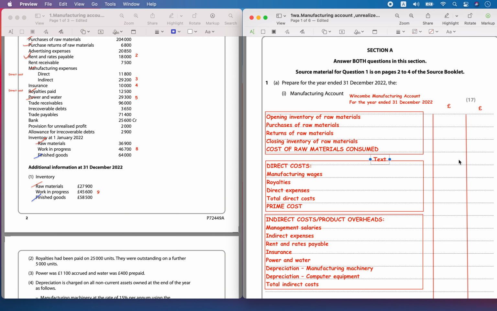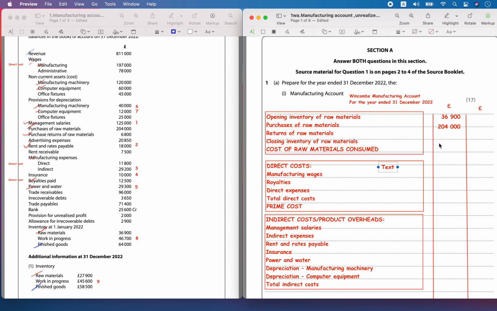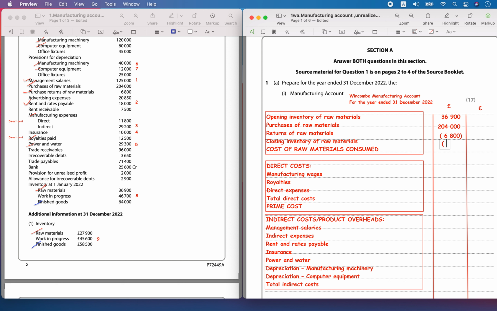Opening inventory of raw material was 36,900. Raw material purchases were 204,000, so you write here 204,000. Purchase return of raw materials was 6,800, so you will have to subtract this from the purchases. The closing inventory of raw material was 27,900. Okay, the cost of the raw material consumed